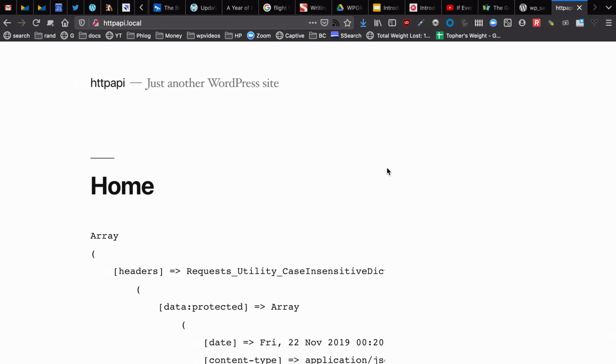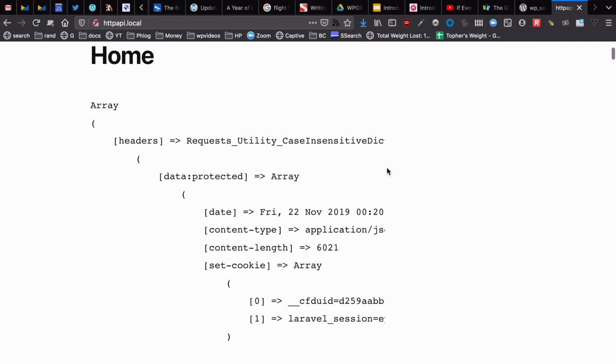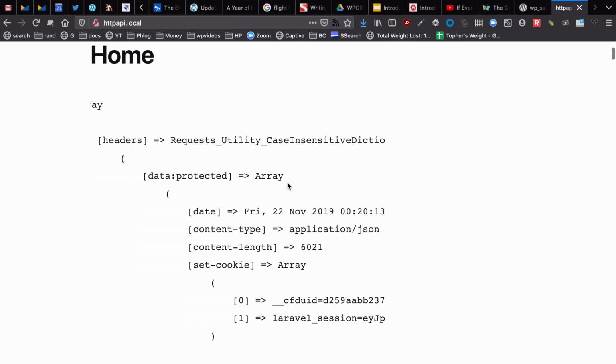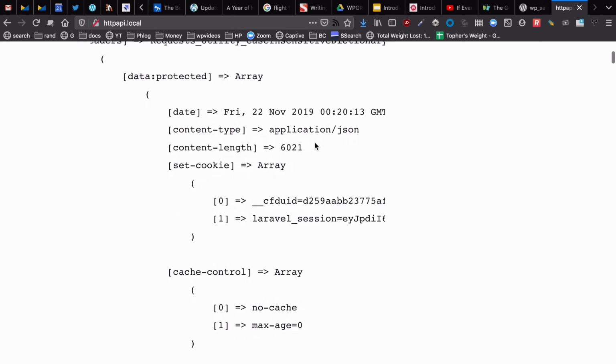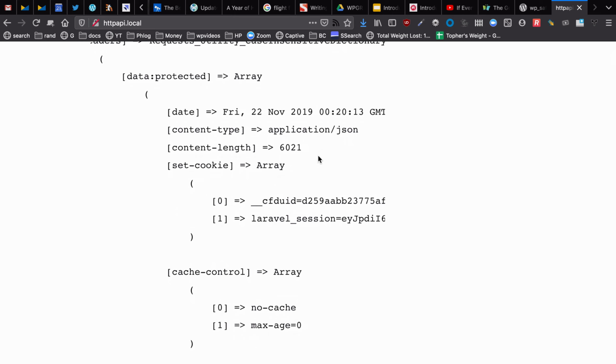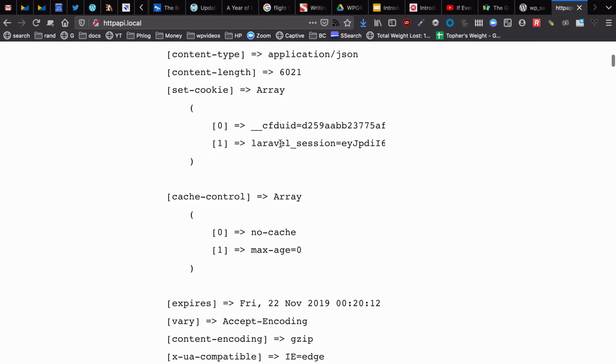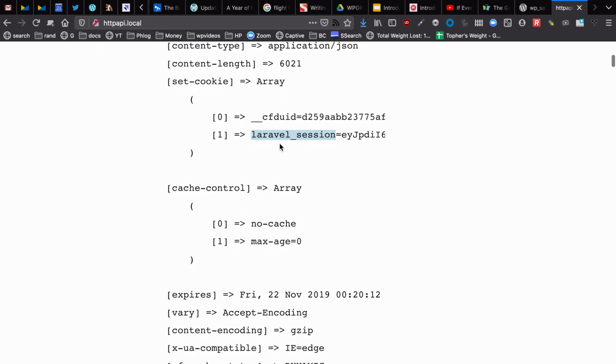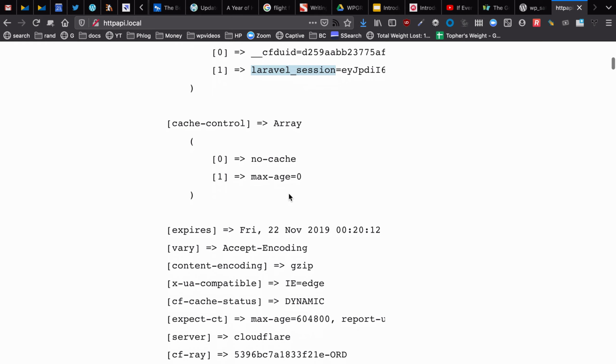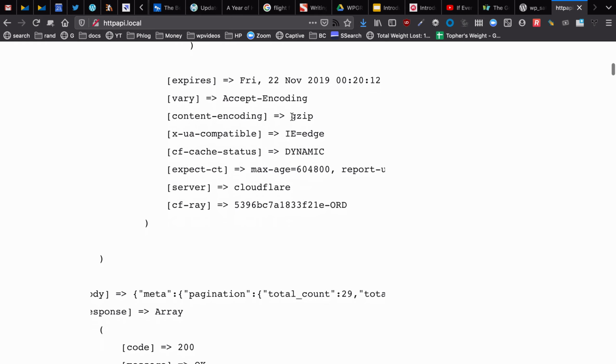And there it is. Okay, so this was my very first request. Super raw. Headers. There's the date I requested. Content type, JSON, content length, 6,021 bytes. Served by Laravel. Fascinating. Not cached. Gzipped.